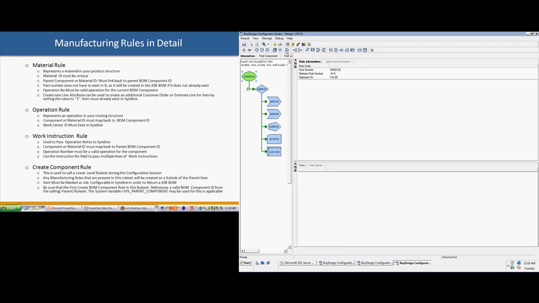And then the final rule that you'll see using the sample rule set here is the create component rule. Now again, this is used to call another rule set within your current configuration. So the example I gave earlier was the bike. If you have a rule set defined for the wheel, and in the bike rule set, if you select the custom wheel, it'll call all the rules, including the manufacturing rules from the other rule set, and bring them into